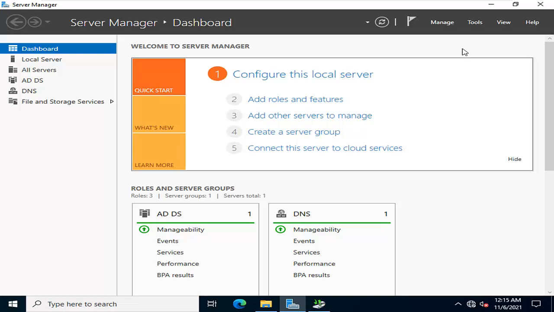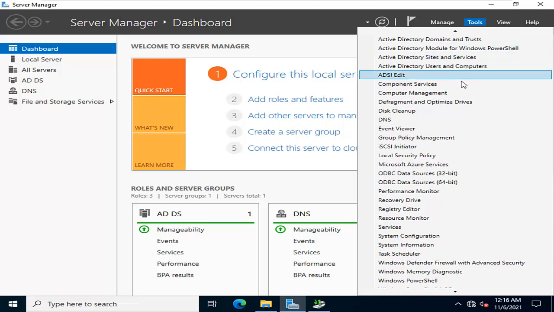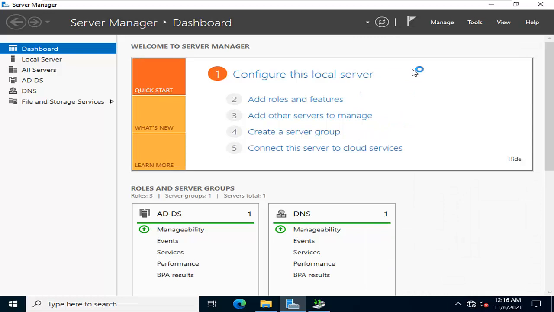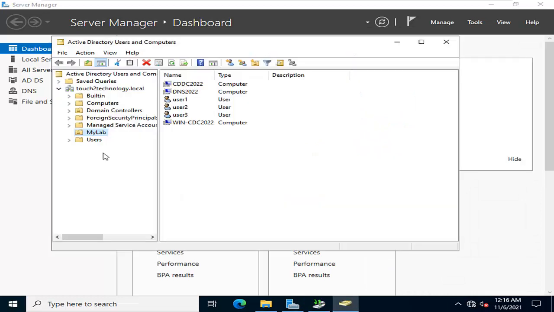Friends, I am going to our Server Manager, click on Tools. After that I click on Active Directory Users and Computers. Here is my lab, and under this lab we have three computers and three users.